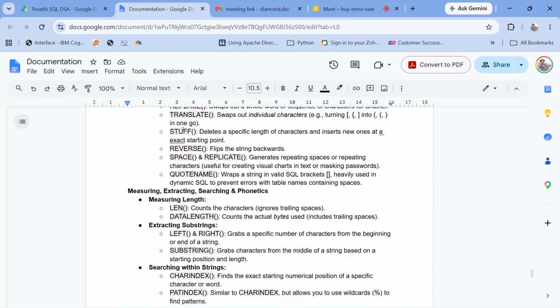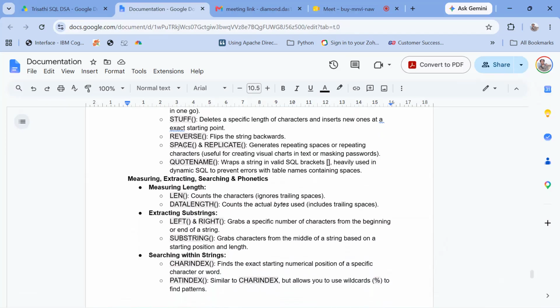Then you have STUFF, which deletes a specific length of characters and inserts new ones at the exact starting point, and REVERSE, which flips the string backwards. You also have SPACE and REPLICATE, which generate repeating spaces or repeating characters, and are very useful for creating visual charts in text or masking words. Then you have QUOTENAME. It wraps a string in valid SQL brackets, heavily used in dynamic SQL to prevent errors